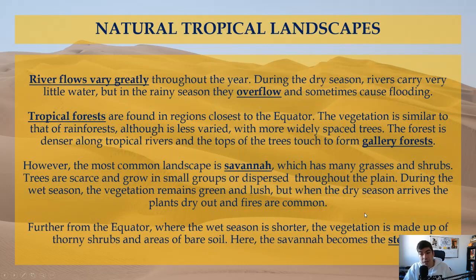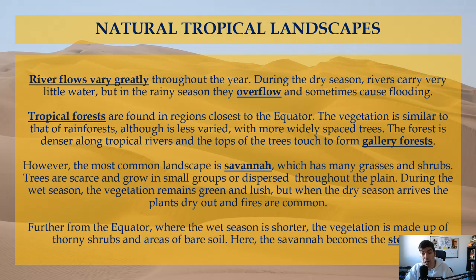Let's see the natural tropical landscapes. In these areas, the river flows vary greatly throughout the year. During the dry season, the rivers carry very little water because there is no rain. But in the rainy season, in the wet season, they usually overflow and sometimes cause flooding, inundaciones, due to the